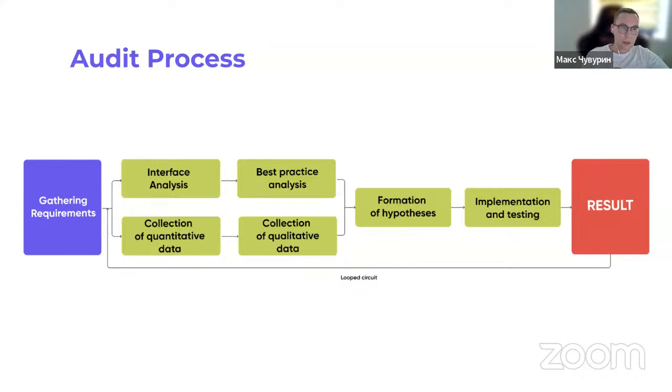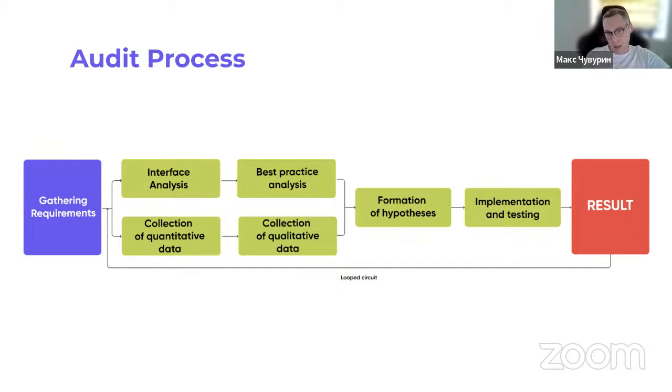There you can see the whole process that we built in our company, how this works, and that is the UX process. So let's discuss this. It starts with collecting requirements. In order to conduct a UX audit, it is necessary to immerse yourself in the subject matter. As long as you don't work with the product, you don't know the whole thing. It is crucial to understand business requirements, user demands, and specific problems the product solves in order to clarify and understand the project you are dealing with.